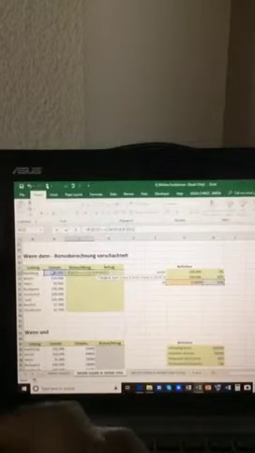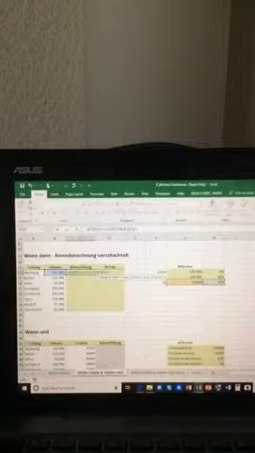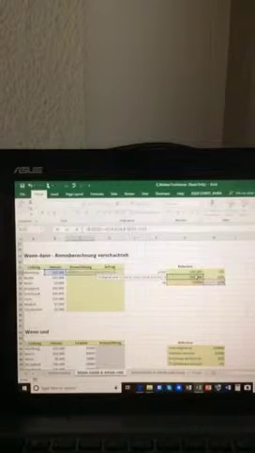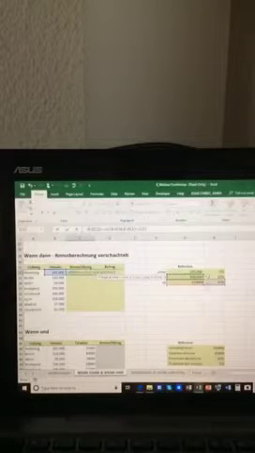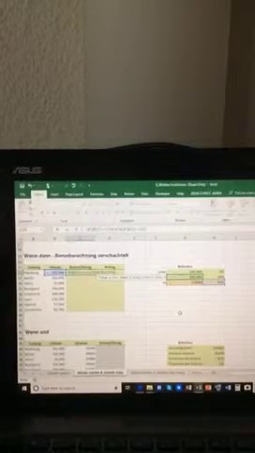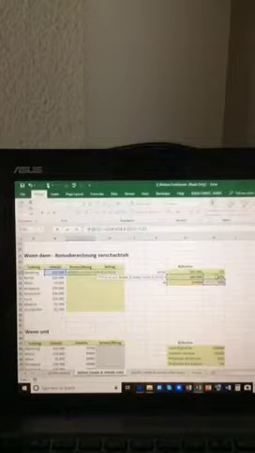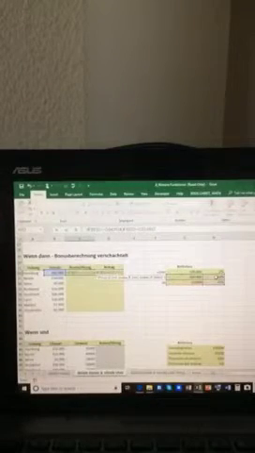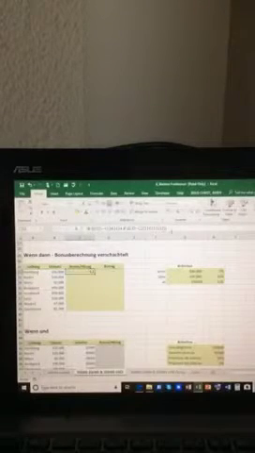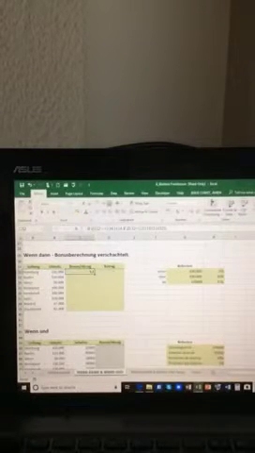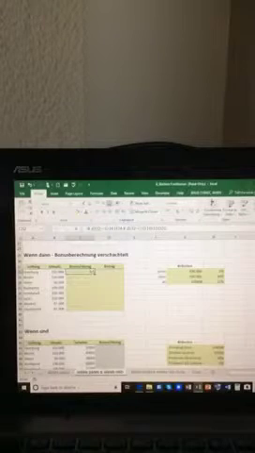If this one is bigger than 100%, bigger than this one, then this one, or 5%. If you hit enter, as you see, it's going to be good, but you need to insert